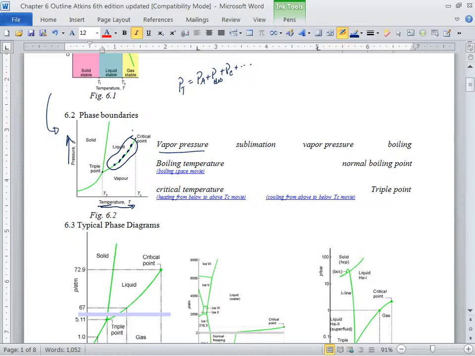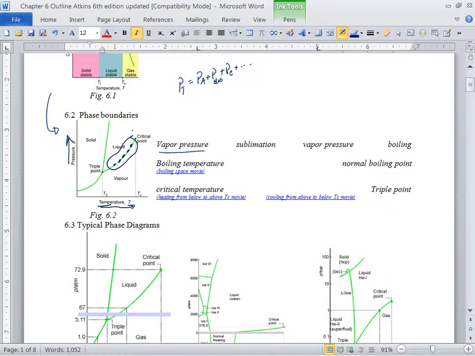Equal or above, right? So the vapor pressure has to be equal to the external pressure, and then things boil. Exactly. That's the only thing that determines boiling. And that's the entire bulk. It's not just the surface that boils. The entire bulk of that solution wants to turn into a vapor when the vapor pressure reaches the external